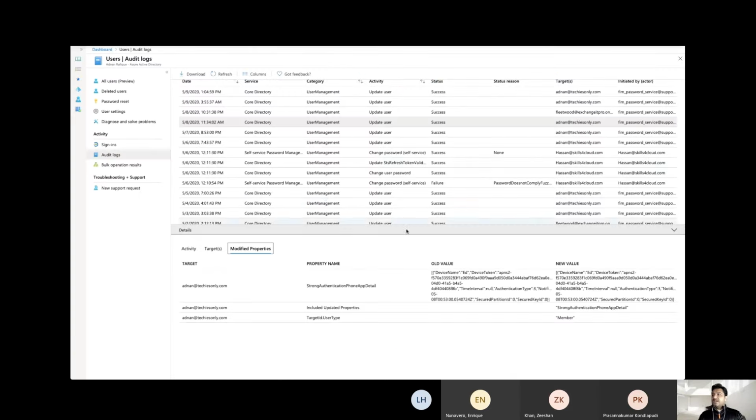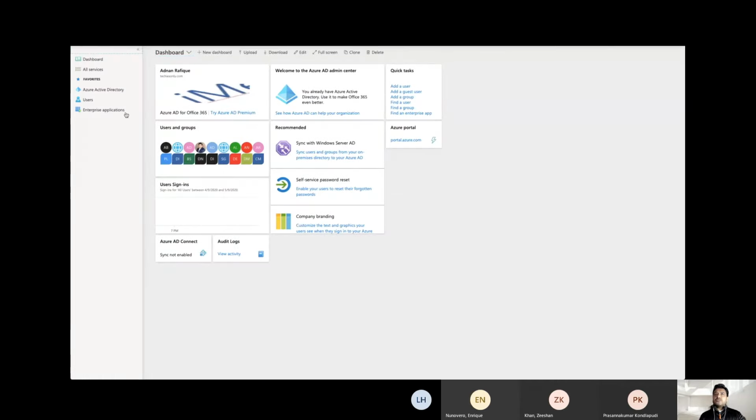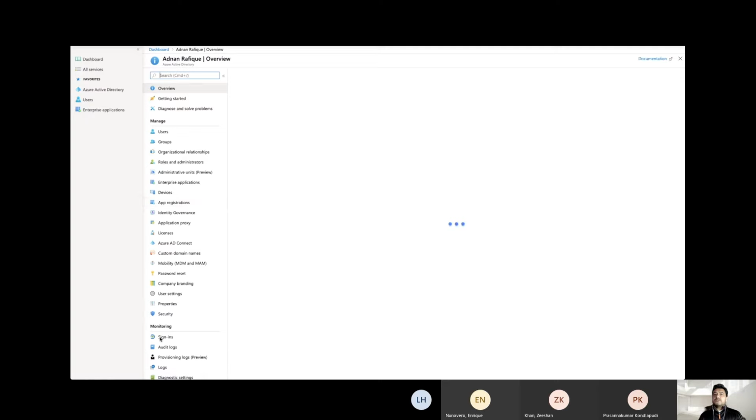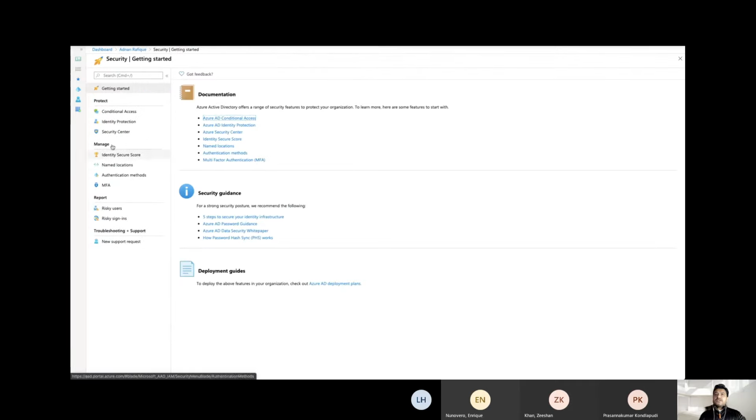I don't have a Tor browser, so let me go back here. I'll go to the security blade here, and in security, I have these risky users and risky sign-ins.